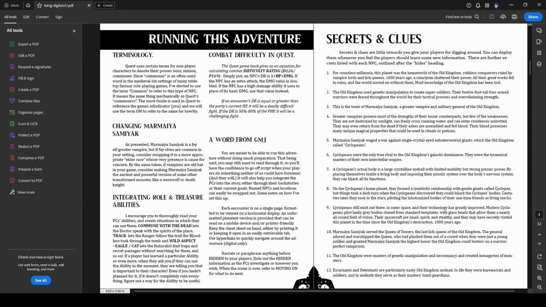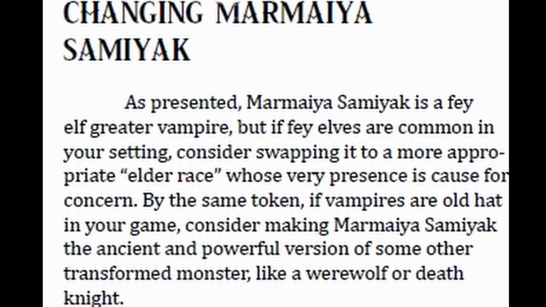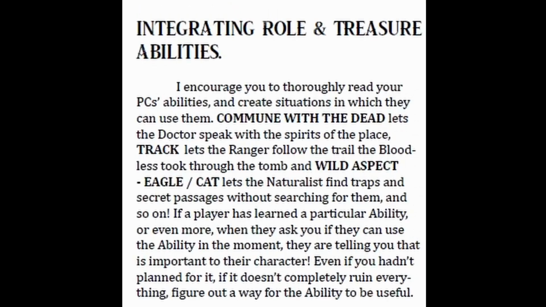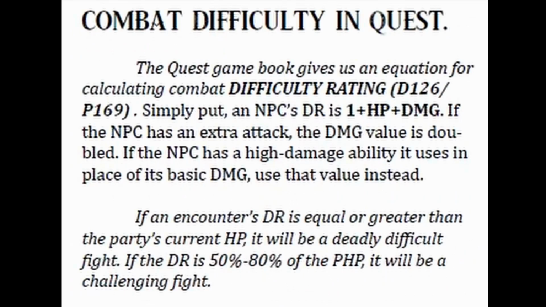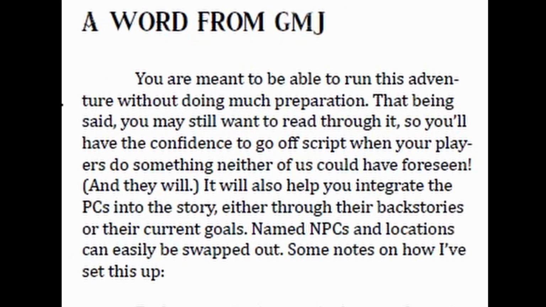There is a running this adventure section which covers terminologies and uses of terminologies, how to adjust Samyak, the vampire, integrating role and treasure abilities with the adventure, how combat difficulty is calculated in Quest, so what you might want to do if you want to tweak combat difficulty, and then a word from GMJ about how the encounters